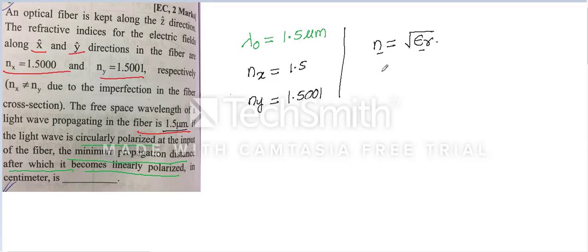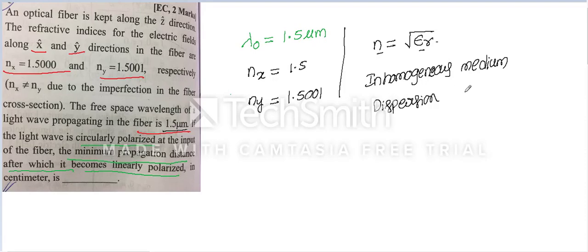So this type of medium is called an inhomogeneous medium. And as well as, they have given a dispersive medium also. Now what they are saying is, initially the incident wave is